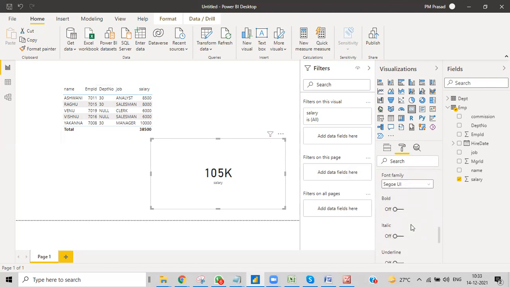Word wrap means the main content will wrap. If this content exceeds the limit, it will go to the next line. Try that, not an issue. You can give some big number and then try that one. You'll get that.